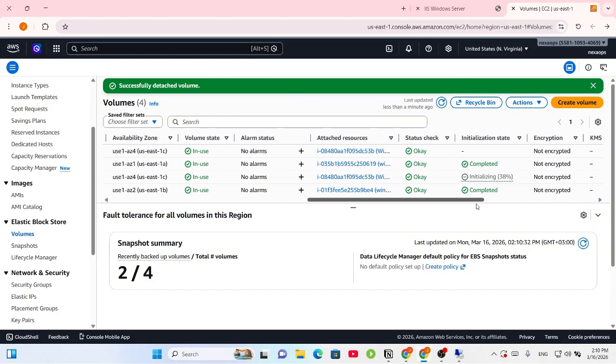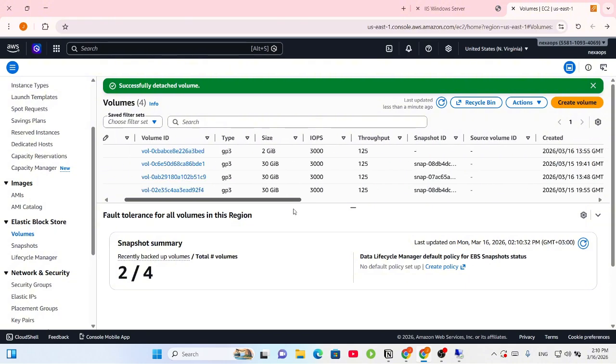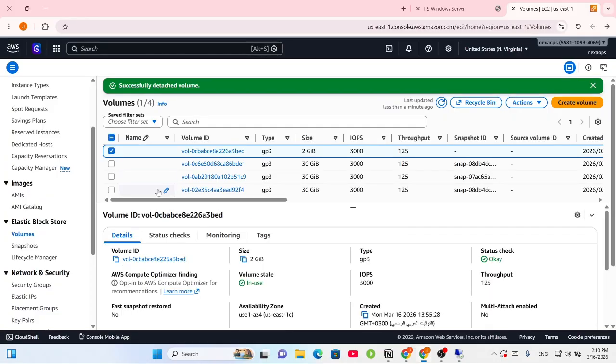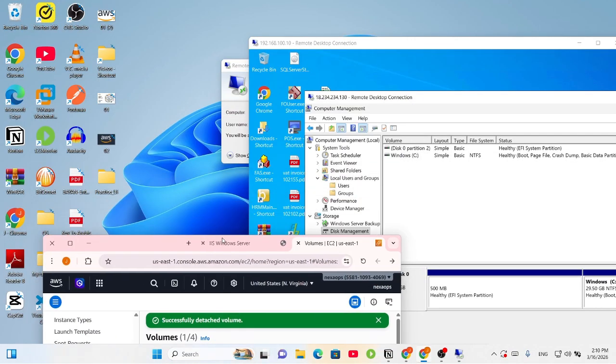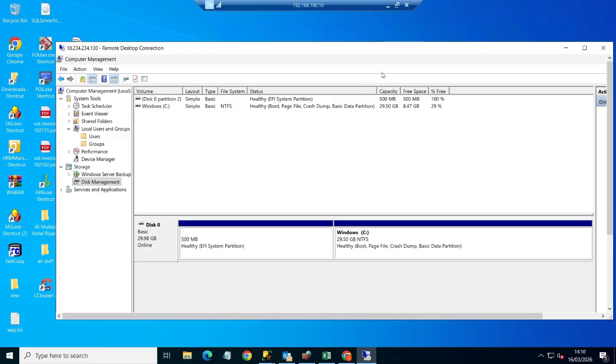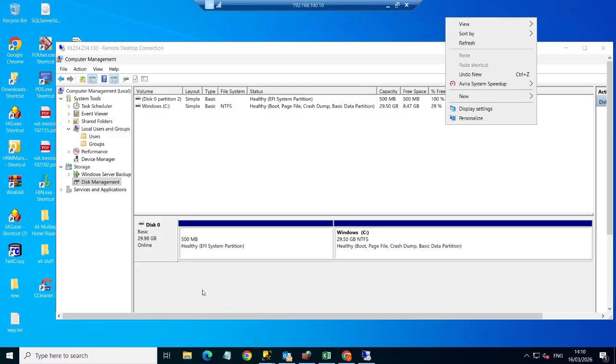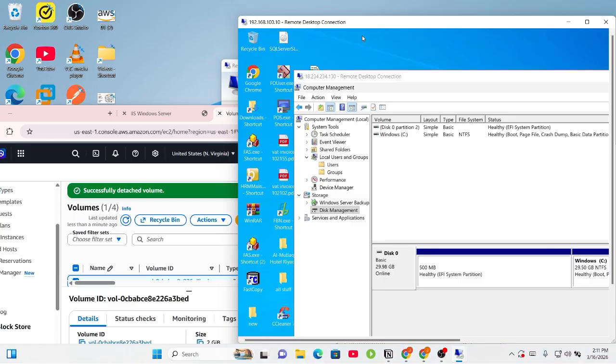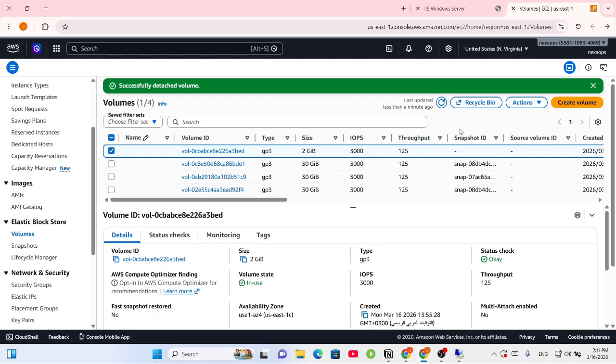Once it's removed, let me check if it's actually removed or not. You can go ahead and refresh here. It's gone, right? There was a 2 GB disk here, and now it's gone. So right now, what we need to do